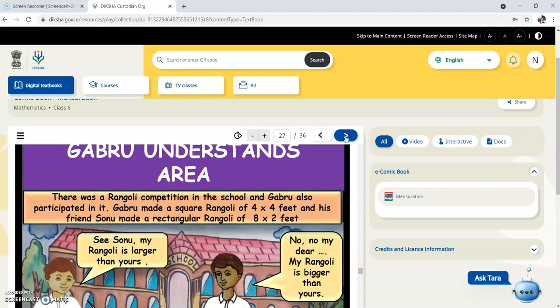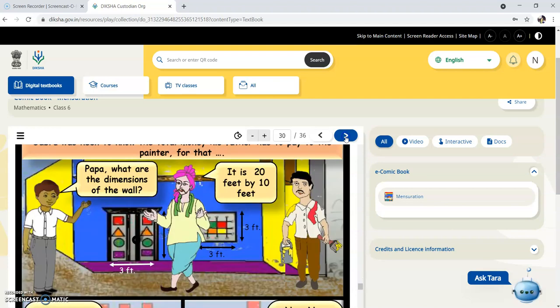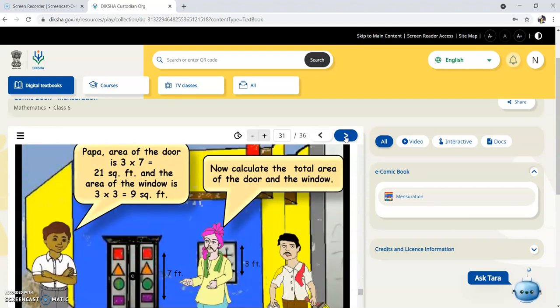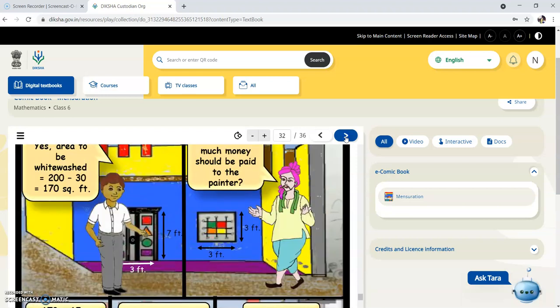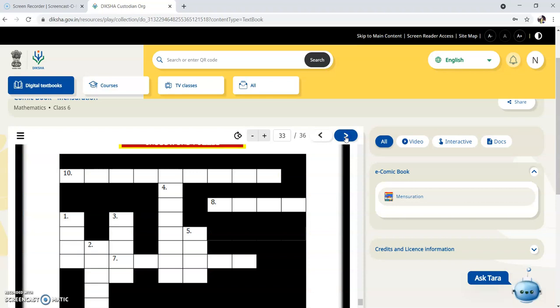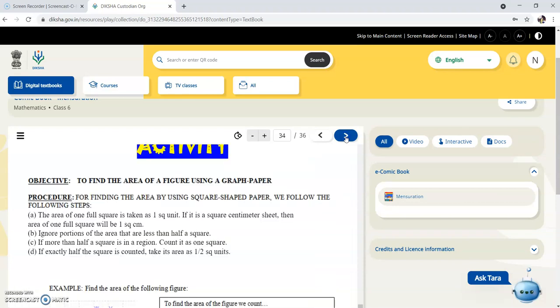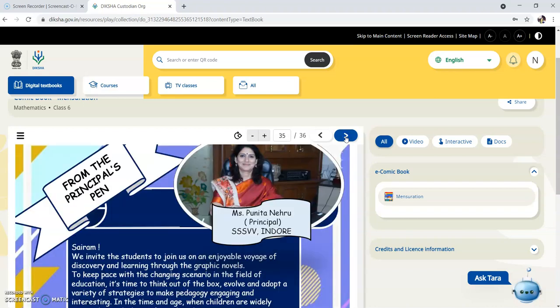And there are some problems which are related to the comic, which you can easily find out by using the formulae or the concepts given in the comic book. And there are some puzzles as well. You need to try out these puzzles, and you can also do this activity.